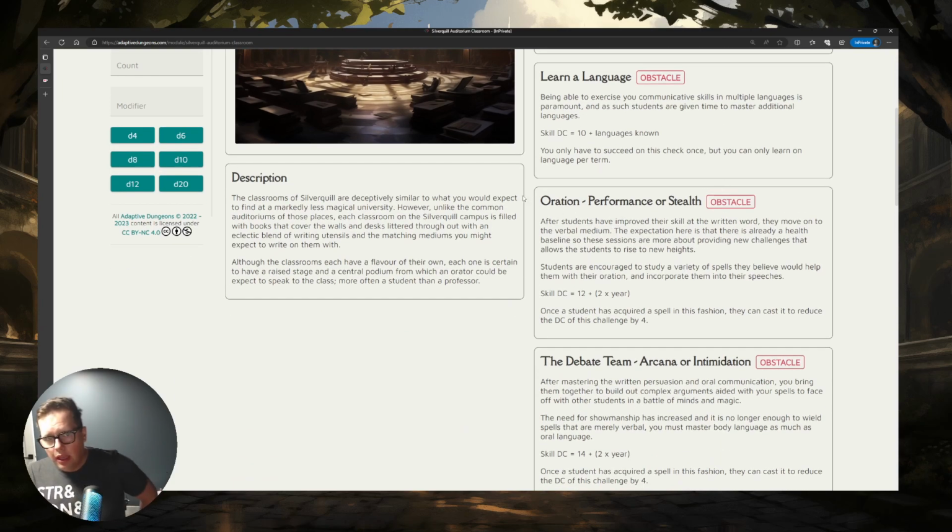Oration is just speaking. And this can be performance or stealth. And again, keeping this shadow and light idea, you can be a very performative speaker, talking with your hands, very focused on gesturing and body language with the audience and making eye contact, etc. Or stealth, which is this